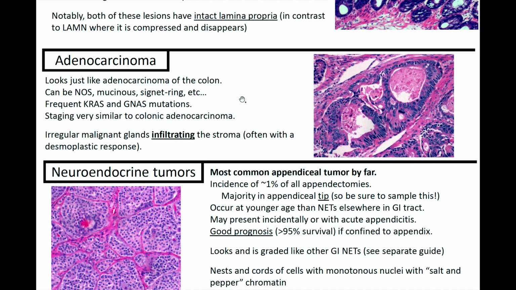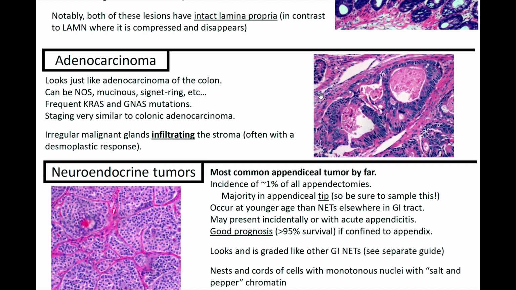Next up, you can have neuroendocrine tumors of the appendix. This is the most common appendiceal tumor by far. Incidence of about 1% of all appendectomies have a neuroendocrine tumor in them. The majority are in the appendiceal tip, so be sure to sample the tip. They often occur at a younger age than neuroendocrine tumors elsewhere in the GI tract, and they may present incidentally